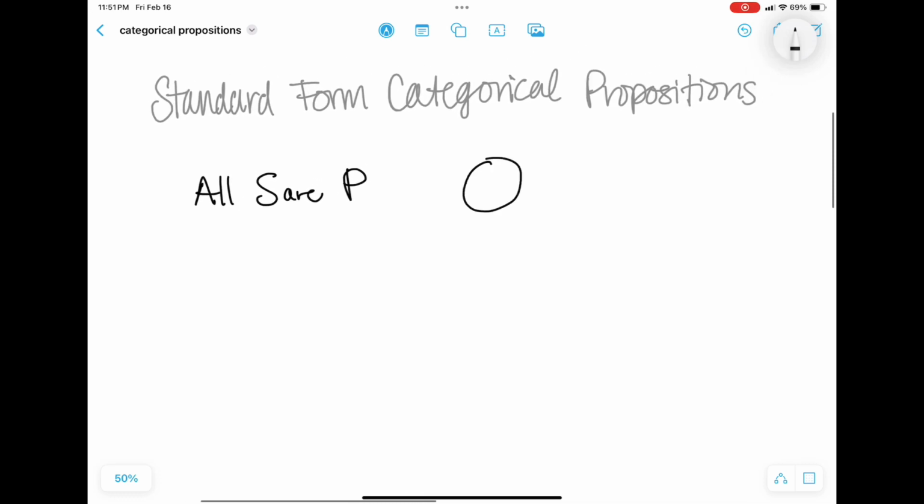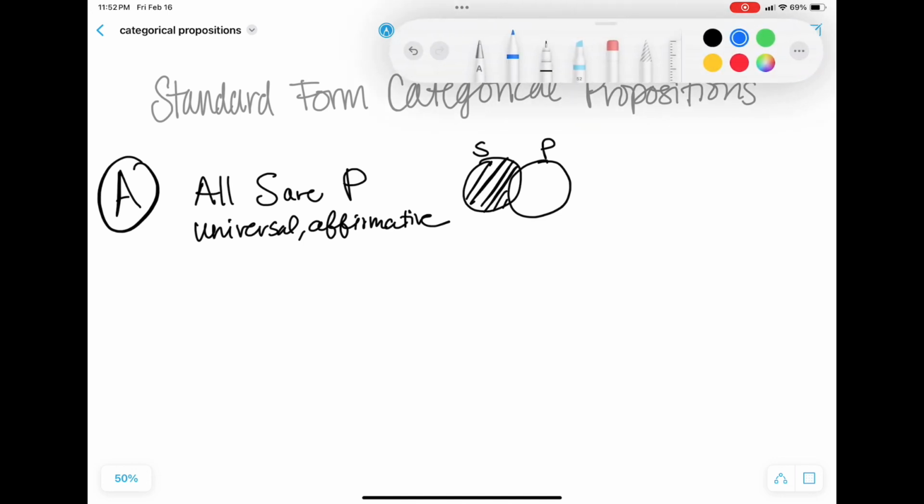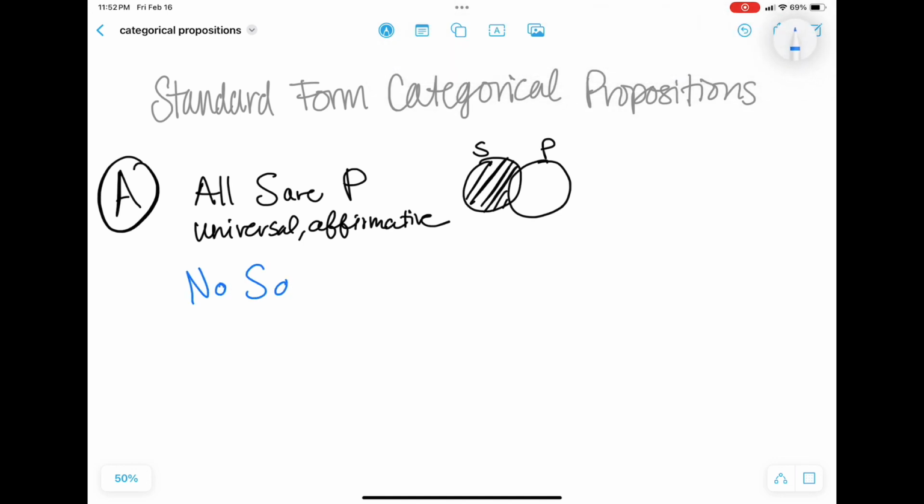The first is the form all S are P. And in this situation, and notice in this Venn diagram, shading means that region of the Venn diagram is empty. So if all S's are P, then the region that has S but not P is empty. All S are P is considered an A statement, and it's a universal claim, and it's an affirmative claim because